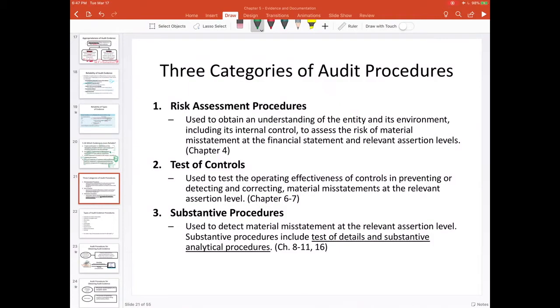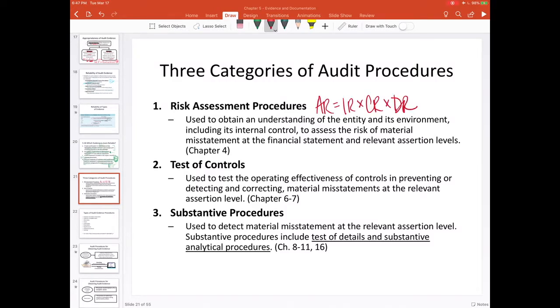This slide hopefully looks familiar because we talked about it before. I believe in chapter 4 we had this slide as well. This is refreshing your memory as to the 3 categories of audit procedures. And we talked about those risk assessment procedures when we did chapter 4 and when we covered our audit risk